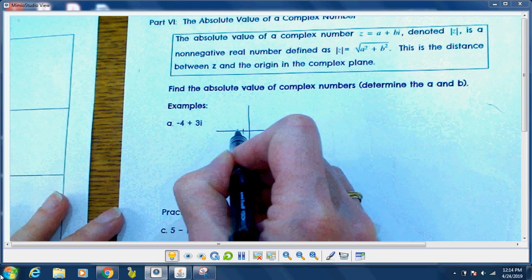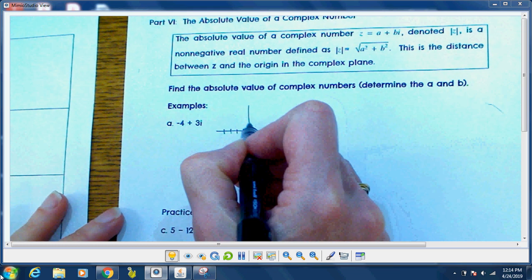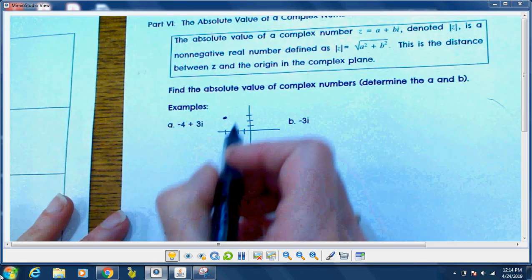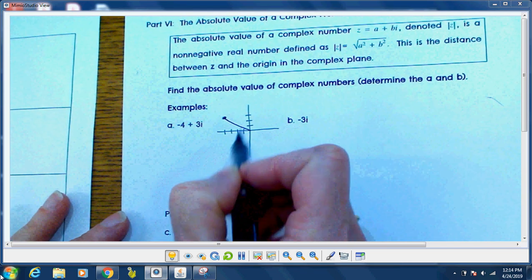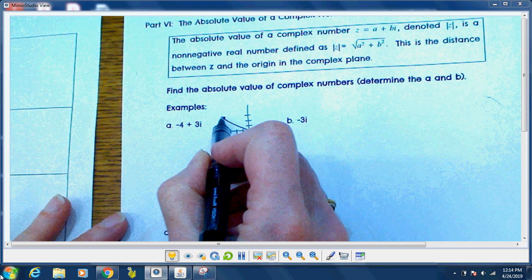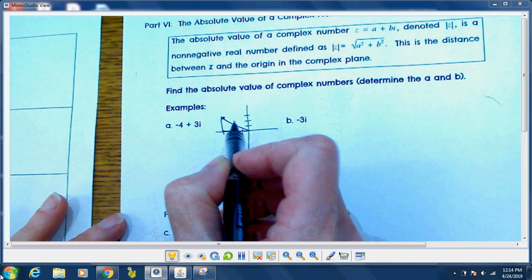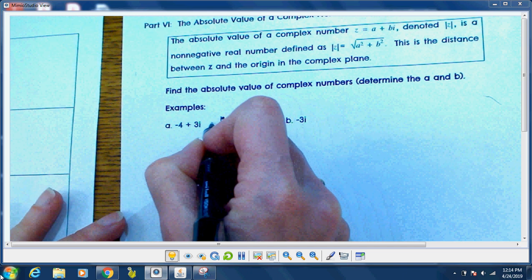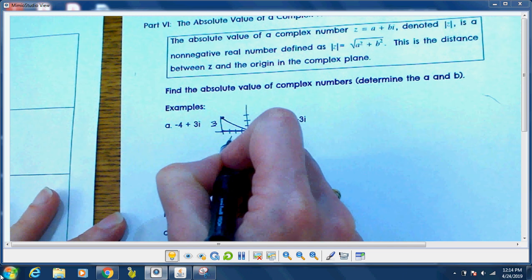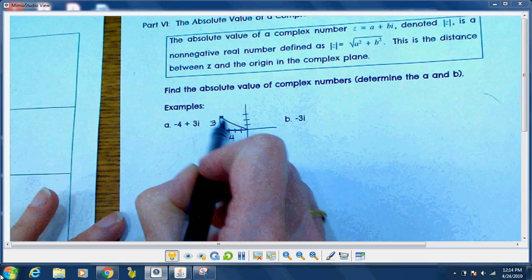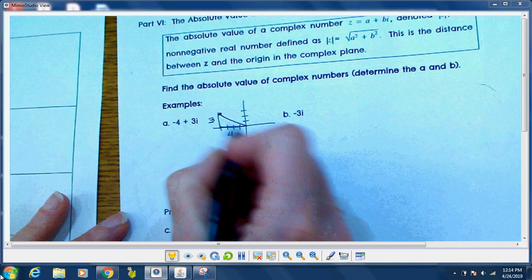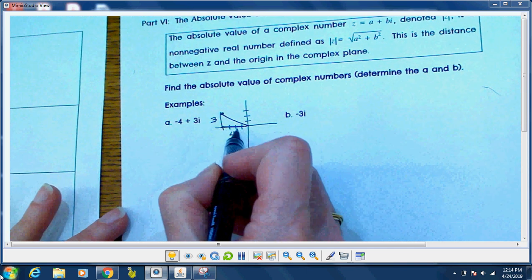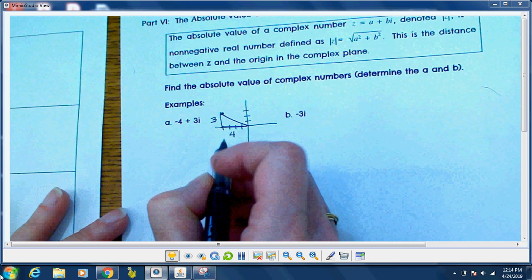So if I'm at negative 4 plus 3i, I'm right there. And what I'm looking for, this distance z, I'm looking for the hypotenuse. So I know with Pythagoras that a squared, which is 3, plus b squared, which is 4, will give me my c squared. I didn't say negative 4 because it's a measure of distance, and that's always positive. So 3 squared,